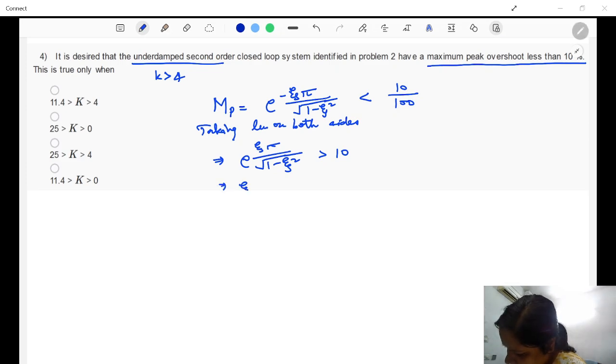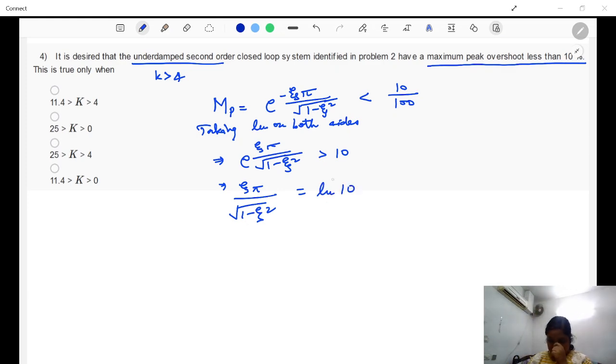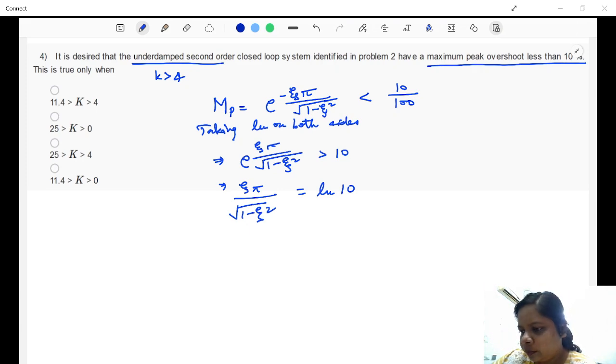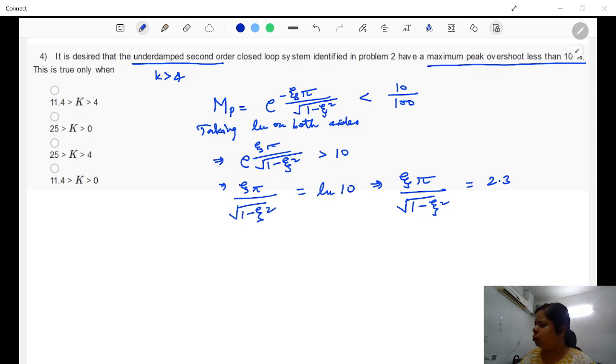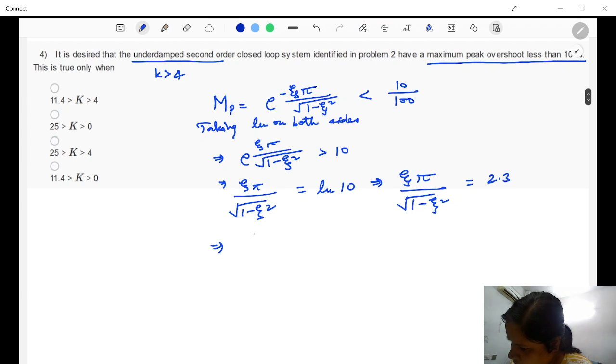Now I have taken ln 10. What is the value of ln 10? 2.302, ma'am. Yeah. Under root 1 minus zeta square is equal. Let's take it to be 2.3 only. So once you take this value, then you can write